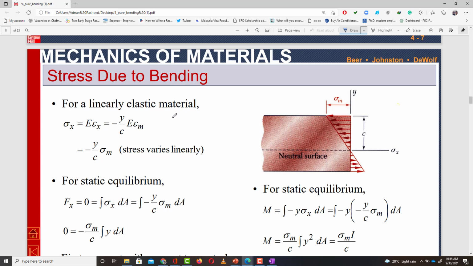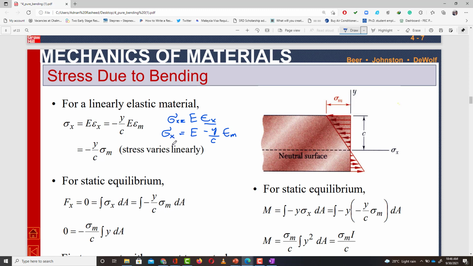Again, in short, as we know, stress in x direction is equal to modulus of elasticity into strain in x direction. From the previous slide, this strain in terms of maximum strain, if I write E the same, epsilon was minus y over c into epsilon m. So this stress will be equal to